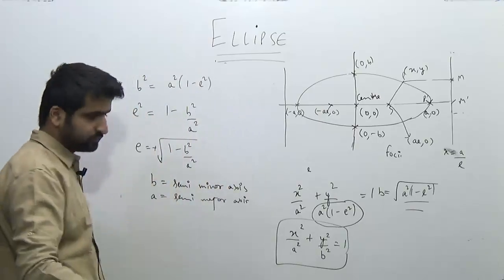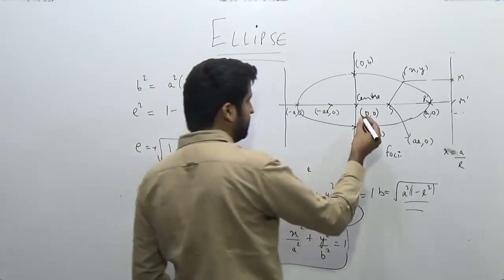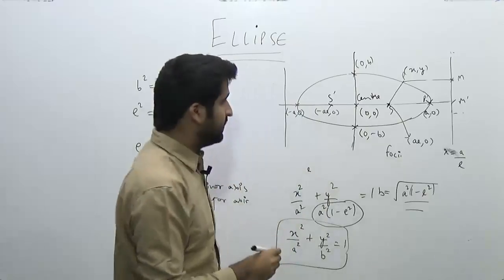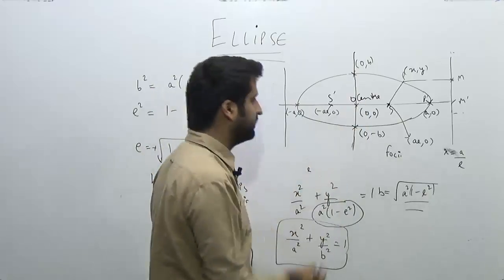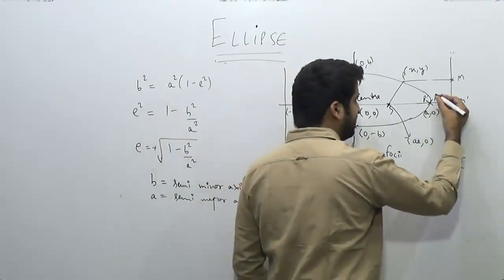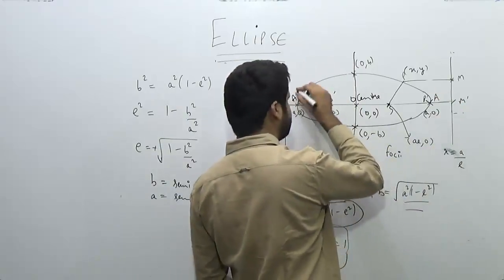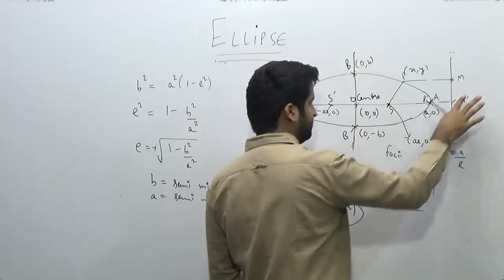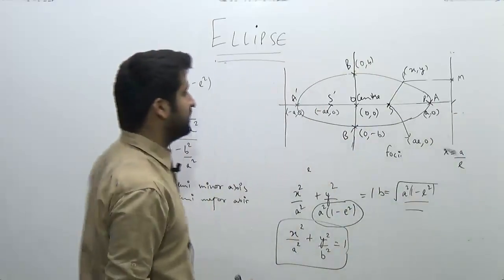Now see, these are the vertices. This is one focus and I am denoting this by S dash. The center is just O only. Okay. This I am writing as A and this as A dash. Similarly, this is B and this is B dash. Okay. So we have